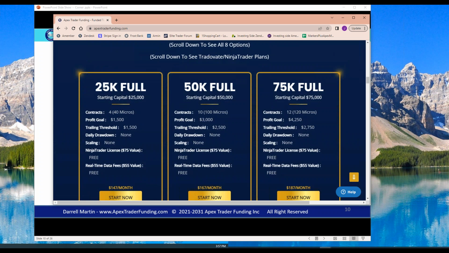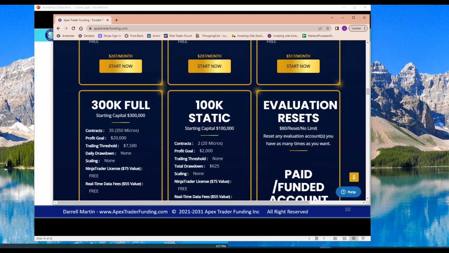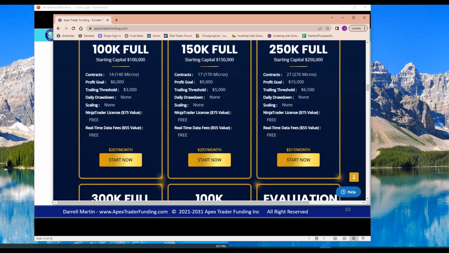Ooh, this one is a lot cheaper. I just want that one. Do not choose an account because of the price, especially when I'm going to give you 80% off. Do not choose the account because, oh man, 50K, but ooh, that seems cool. 300K account, I want that. That seems cool. You don't pick an account on that.